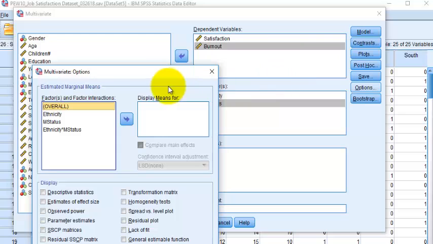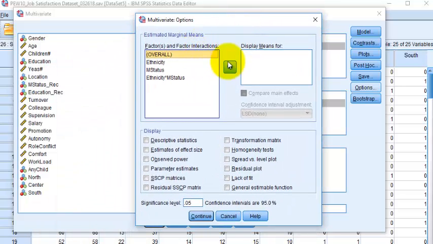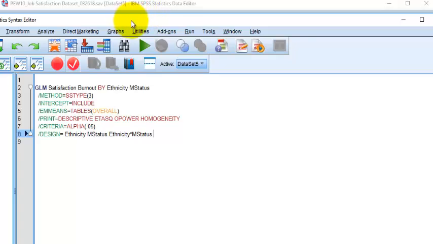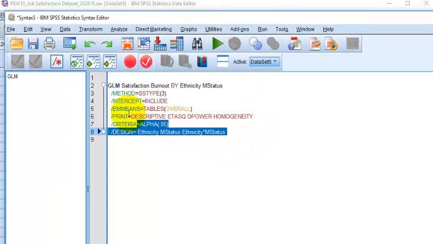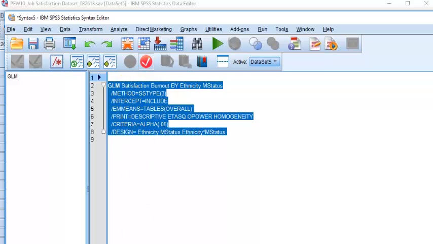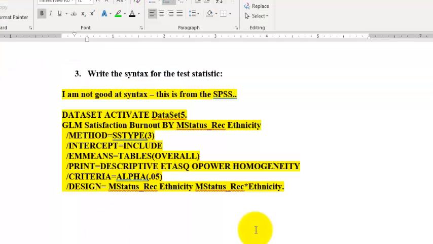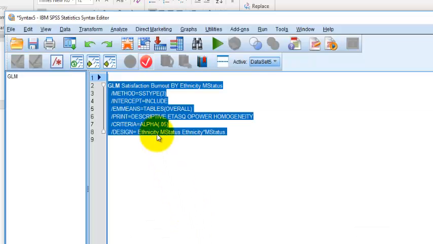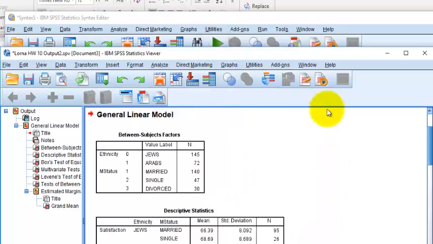The only thing I look for is options here. And I notice he didn't ask about any of the assumptions on this one, which is good. Assumptions kind of take a while. So it's all preset, so you hit this paste. And this is the only way I know how to get syntax. So I'm hoping this is right. So I cut and paste that into this. There it is. Okay. Now we're going to go ahead and run the test. Back to the SPSS. So with it highlighted, you just hit the green button, and there's the output.